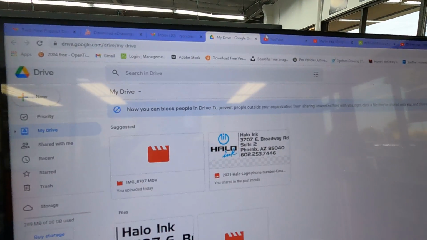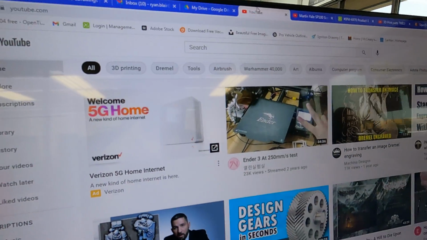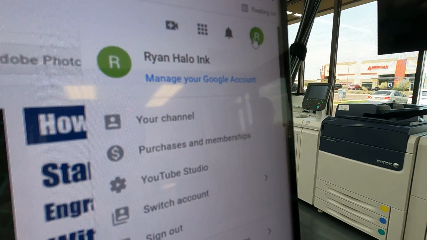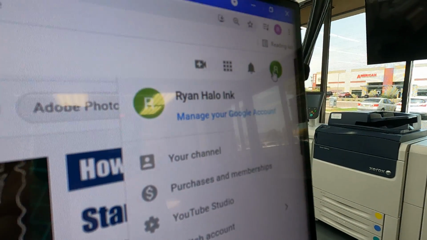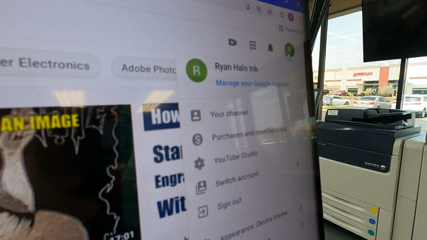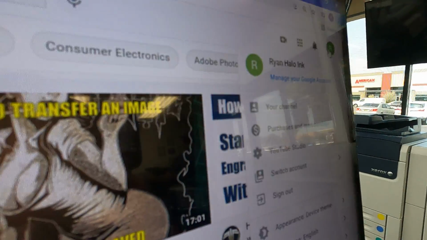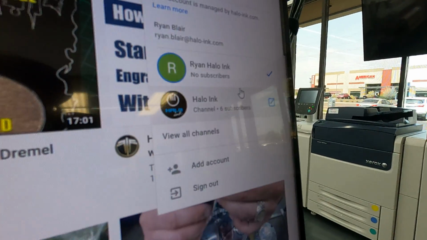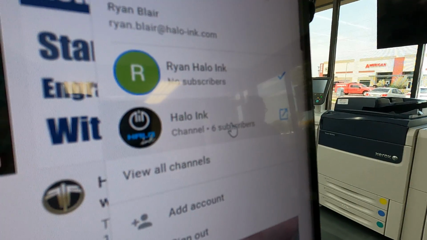So next, what we're going to do is we are going to go over to YouTube. Again, we're going to make sure that we are logged into our Halo Inc. email address, which everybody should have permissions to the channel. So once you're logged into your Halo Inc. email address, we're going to come down here to Switch Account. You're going to click on that, and you should see this Halo Inc. channel. Go ahead and select that one,